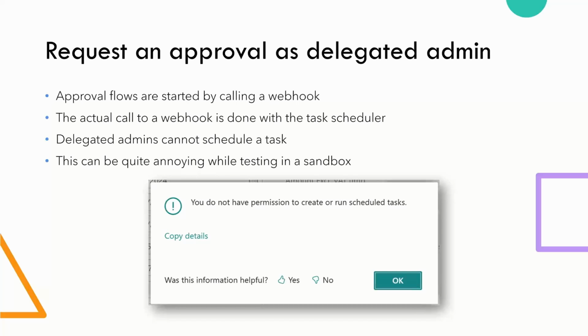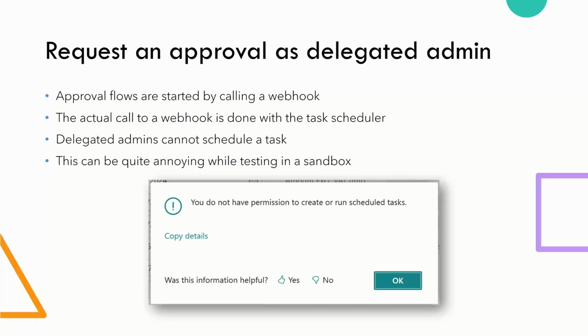Sometimes you are dealing with an error message like this. You are a delegated admin. You want to run an approval request in a sandbox to test it, and you cannot because you do not have permissions to run a scheduled task. What does that have to do with approval flows? Well, approval flows are sent out to Power Automate using a scheduled task.